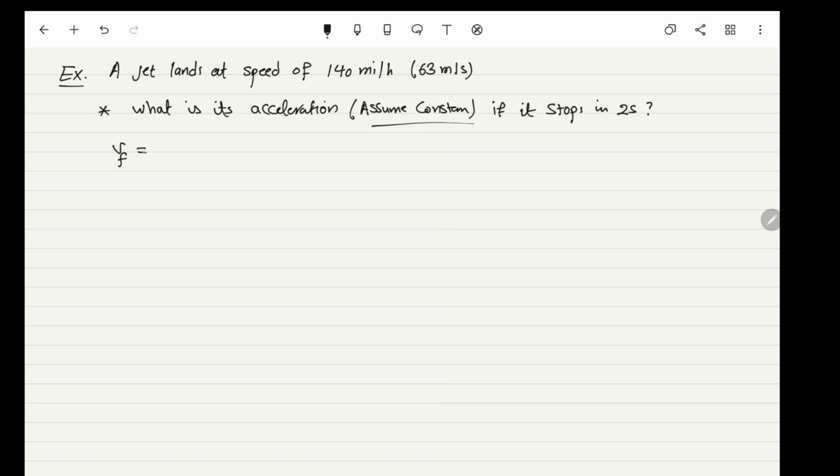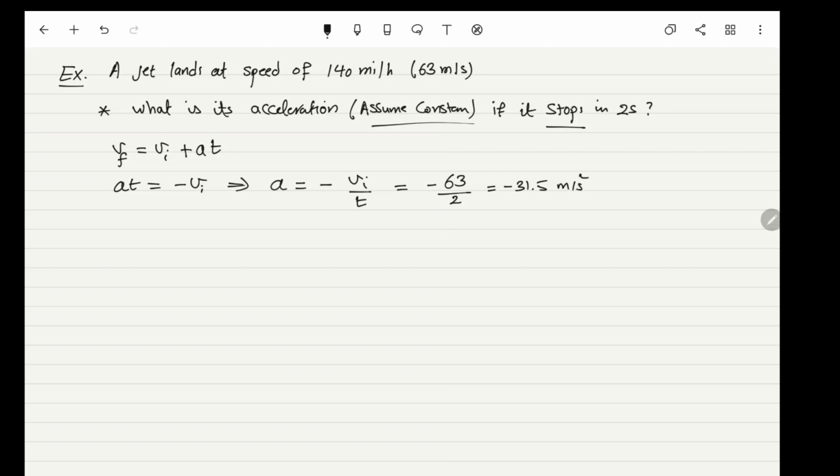So v final equals v initial plus a t. Now v final, it's mentioned that it stops, so v final here equals 0. So a t is actually equal to minus v initial, and a in this case equals minus v initial over t, or minus 63 divided by 2 seconds, or minus 31.5